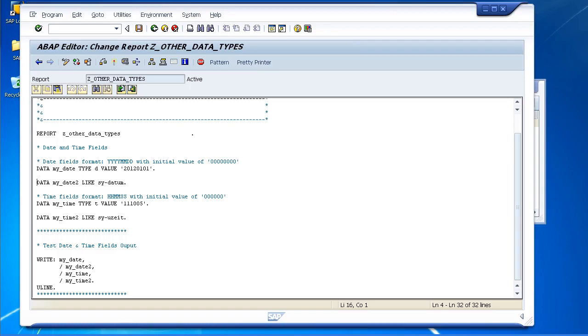Now that we've seen how to declare date and time fields, let's perform some example calculations with them to show how they can be used. Now you probably know that using date and time fields within calculations is common practice in programming business systems because